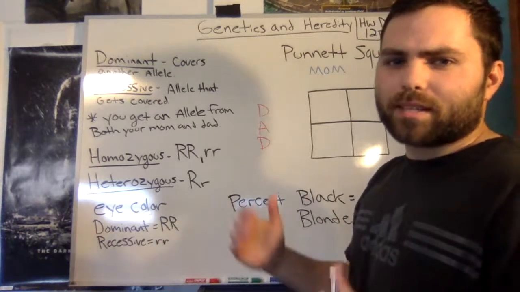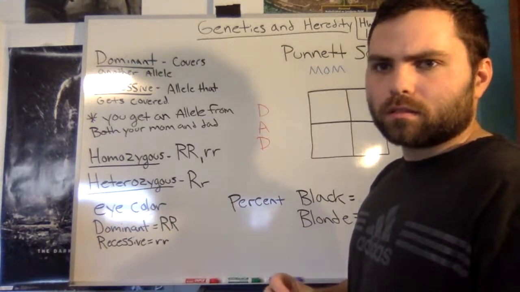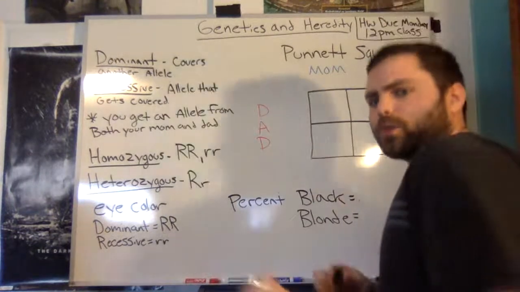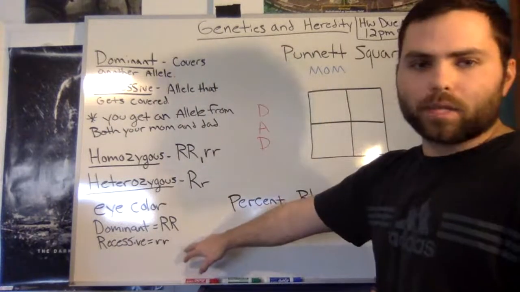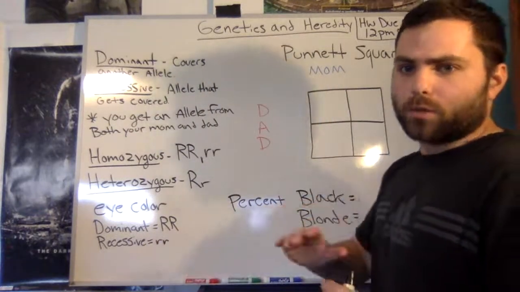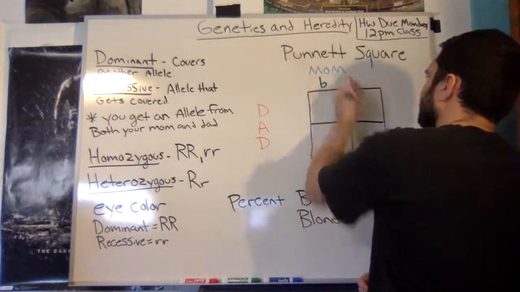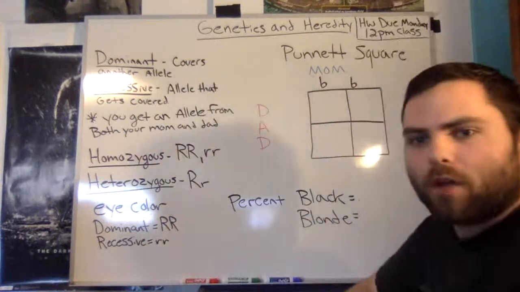And since I say recessive, is it going to be capital or lowercase? All right, I'm seeing a lot of you guys put in lowercase. Good, right? Because remember, recessive is going to be lowercase every time. And we're using B, right? So we got b and b. Okay? So now for this,